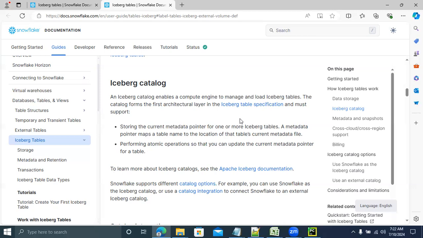Next we'll talk about data governance. Whatever data you keep in the data lake, you have to ensure data quality: whether the data has null records or duplicates, all kinds of data quality checks.